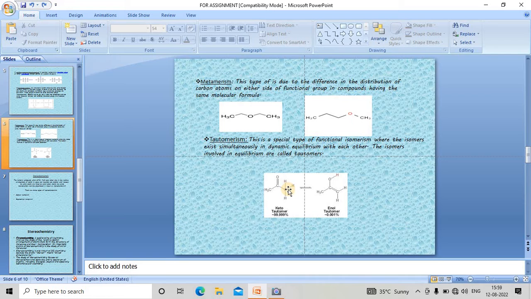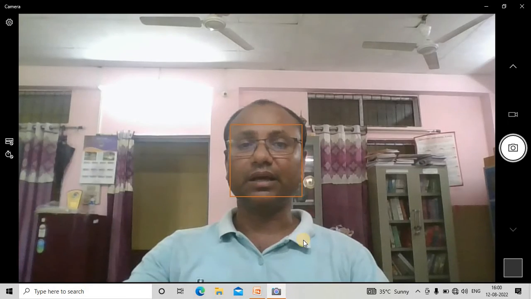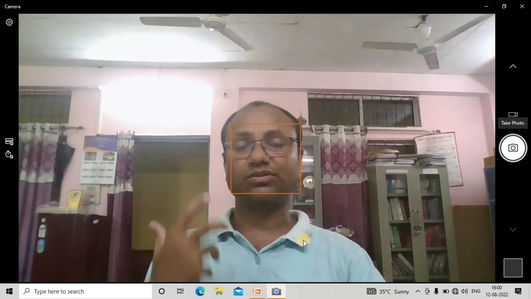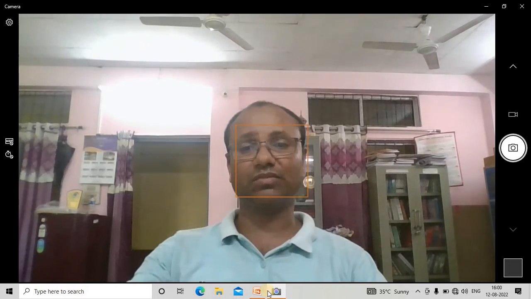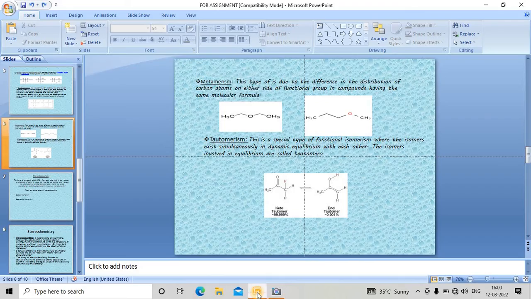So this type of functional isomers, where here it is a ketonic group and here it is an alcoholic group, exist simultaneously in dynamic equilibrium. This type of isomerism is called tautomerism. So I think we have got a very basic idea about the constitutional isomers, and then we will move on to the